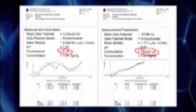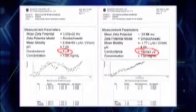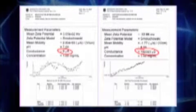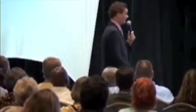This is Cellfood. 192,323 microsiemens. This is about the equivalent of 40 bottles of Gatorade in 8 drops of Cellfood. Extremely, extremely potent electrolyte. So the next study we asked them to do was to actually measure the mean zeta